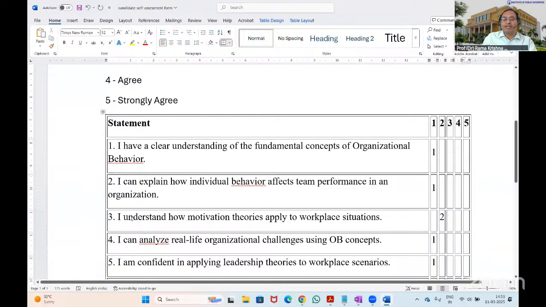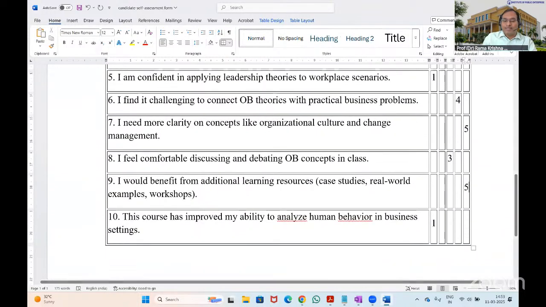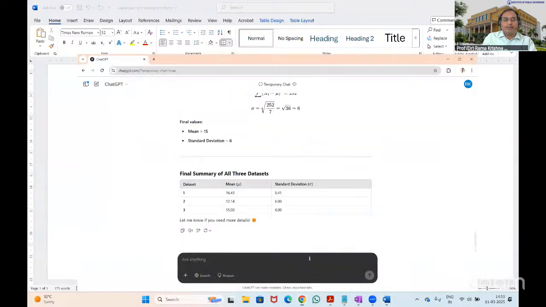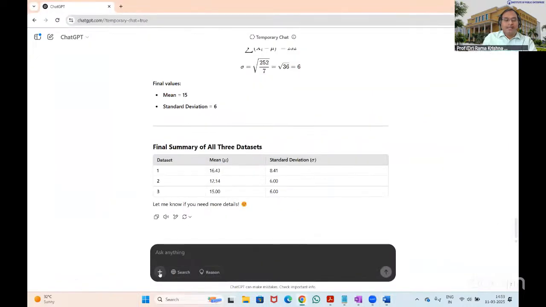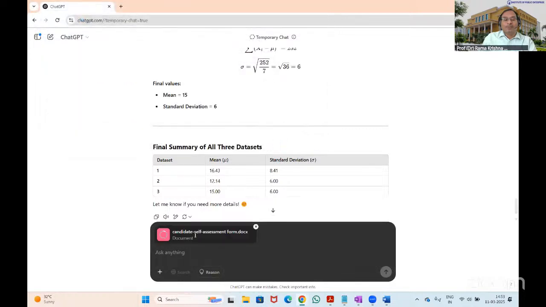Let us say a student has given a response to my survey form. Now, once this response form is ready, what I do is I go to any AI tool, upload from my computer. And here is my form. I'm opening this